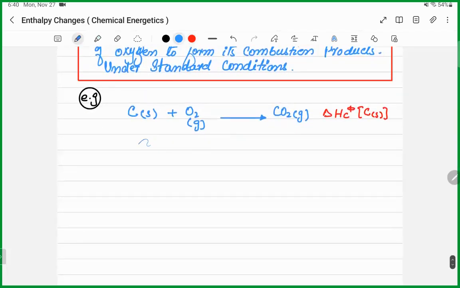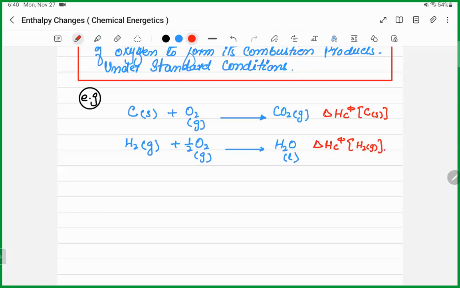If I ask you to write down the equation for the combustion of hydrogen gas, तो आप लिखेंगे H2 plus half O2 gas forming H2O। वैसे तो गैस होता है लेकिन आप यहां लिक्विड लिख सकते हैं। डेल्टा H combustion of हाइड्रोजन। ठीक है, मेक श्योर कि आपको ये बात याद रहे कि एनीथिंग दैट रिएक्ट इन कंबस्शन, जो भी चीज ऑक्सीजन के साथ रिएक्ट कर रही है उसका 1 मोल होना जरूरी है। दैट्स अ पार्ट ऑफ अ डेफिनेशन। ठीक है, इफ इट नॉट बी 1 मोल देन फिर आपके पास आंसर सही नहीं आएगा।